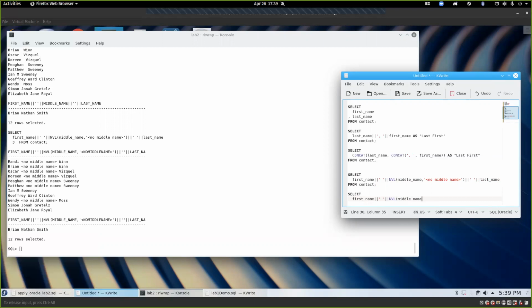So if middle name is null, then we are going to not return, or let's see, I confused myself. We're evaluating middle name. Yeah, so if they have a middle name, it will return the middle name. Otherwise, we want to return,